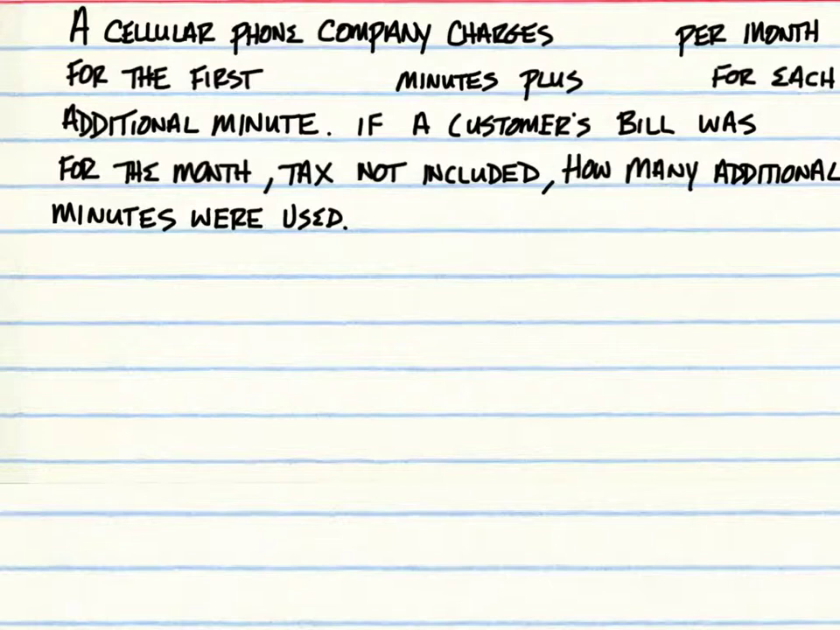A cellular phone company charges $35.75 per month for the first 700 minutes, plus 15 cents for each additional minute after that. If a customer's bill was